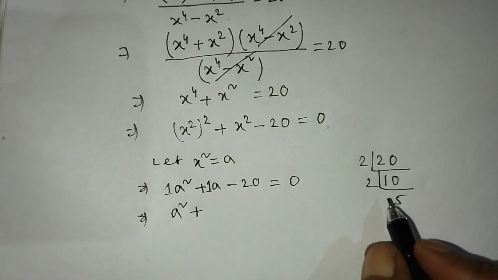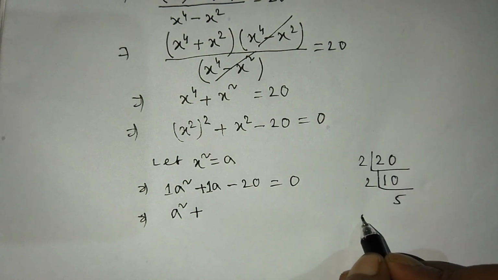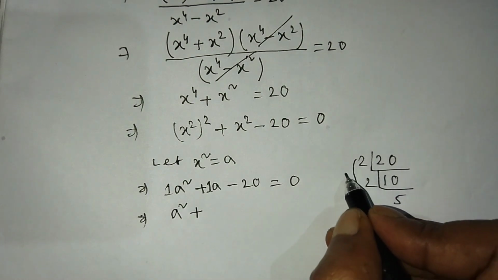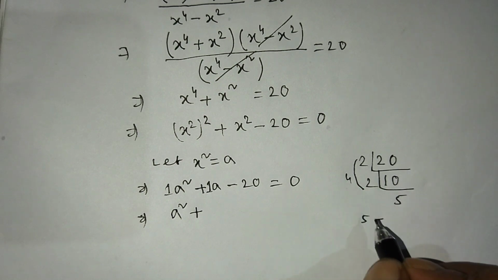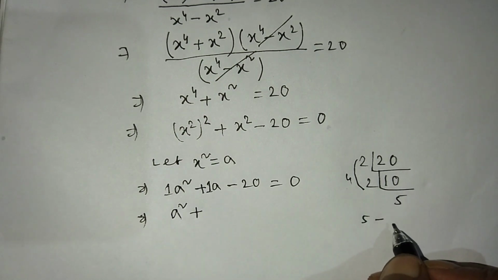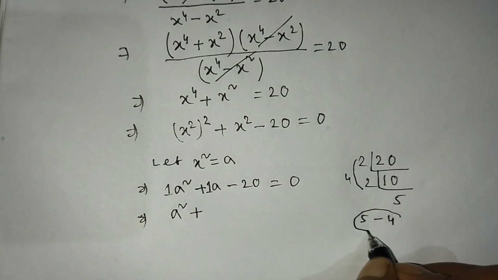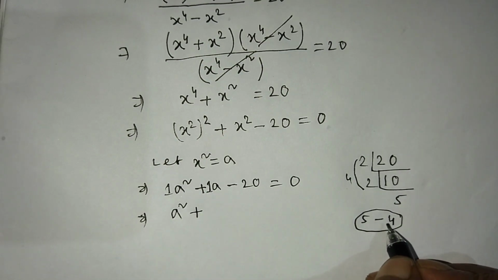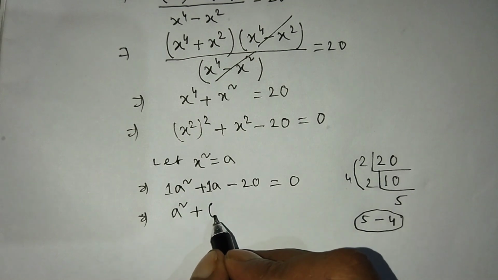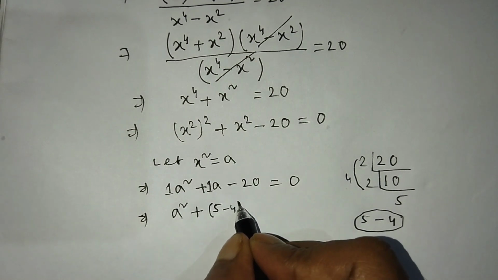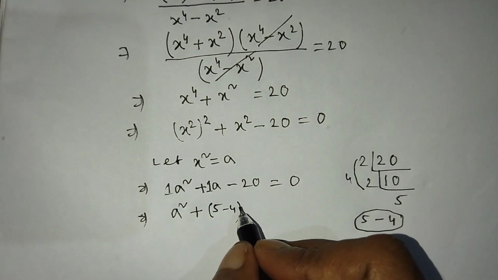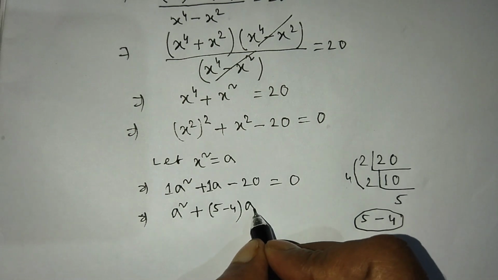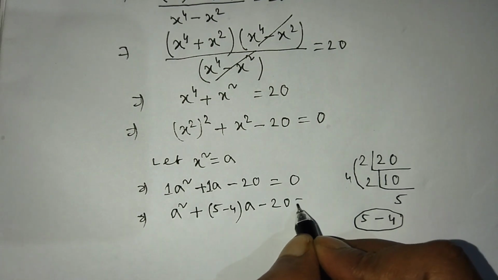in the place of 1 we have to put 5 minus 4, and if you subtract 5 minus 4 then you get 1, okay. In the place of 1 we have to write 5 minus 4. So here we have to write 5 minus 4. Again we have to write a bracket, and after the bracket we have to write a minus 20 is equal to